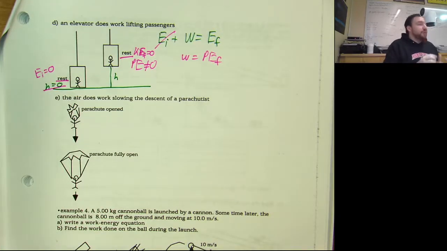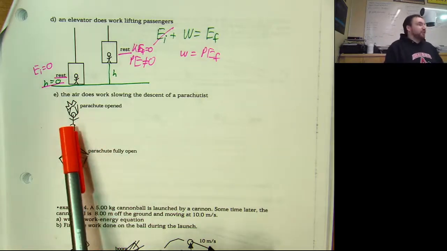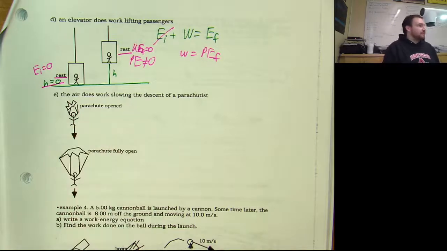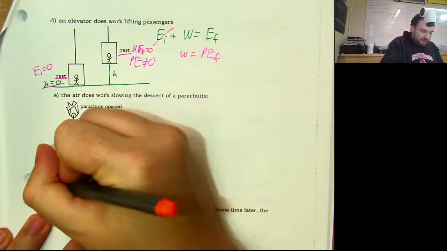Same idea with the parachutist. What do we want to call our 0 height, or our reference height, I should say it that way? What do we want to call our reference position in a situation like this? This fully open parachute? Okay, so if that's my height equals 0,